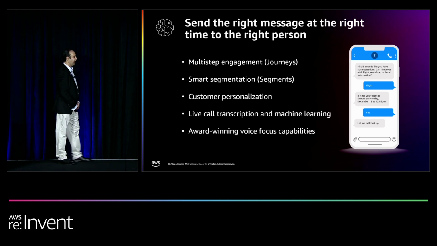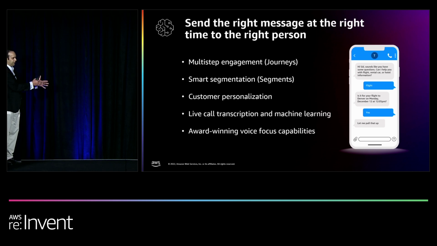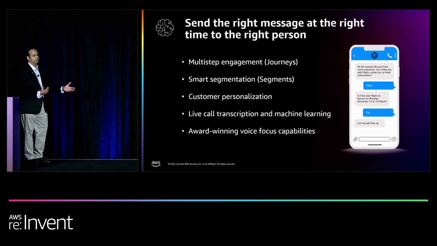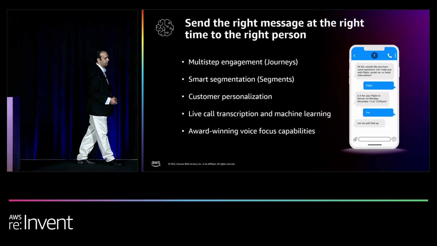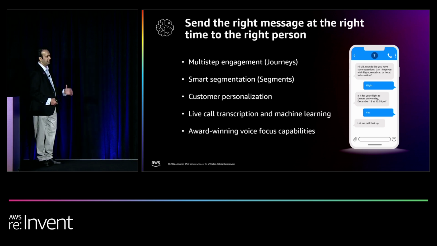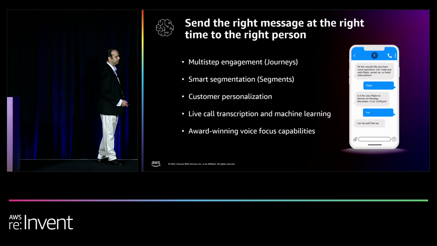So in terms of the actual journeys and campaigns, when it comes to the intelligence aspect, if you look at Pinpoint, for example, it provides campaign management and segmentation by using machine learning as well. So you're able to, for example, create a follow-up campaign based upon the sentiment of the caller as to how they were calling into your contact center. You're able to create very personalized, well-structured, and focused communication by using our campaign, journey, and segment capabilities. And again, that's a higher order service that we provide for customized and targeted messaging of text messages or push notifications.